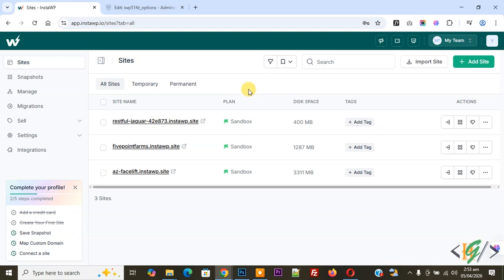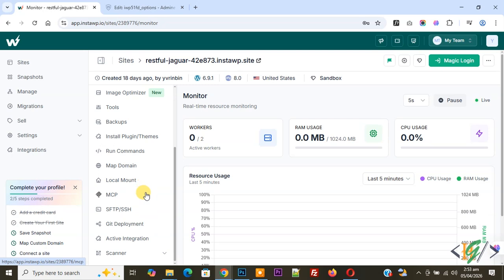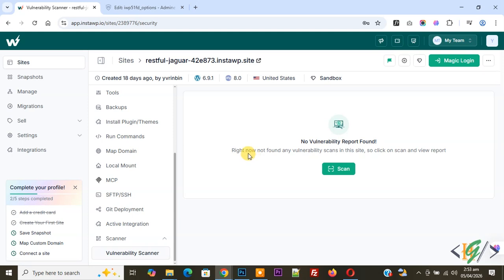So we are not going to use any plugin. Now you see the site name. So this is a site. Click on it and then you see multiple options. Now you see Scanner, so click on it and then you see an option, so click on it. Now you see right now no vulnerability scans are found in this site, so click on scan and view report,